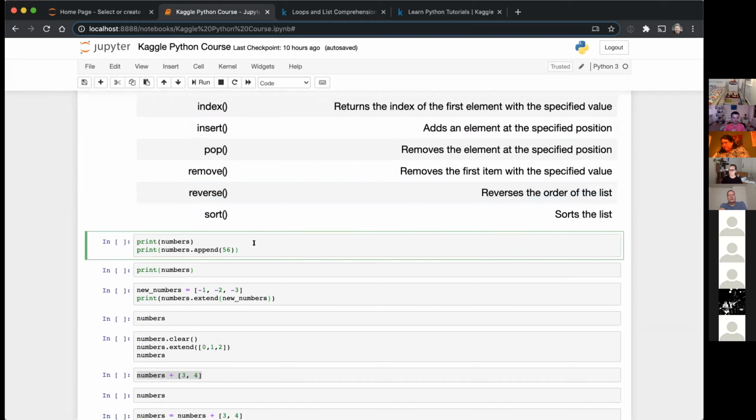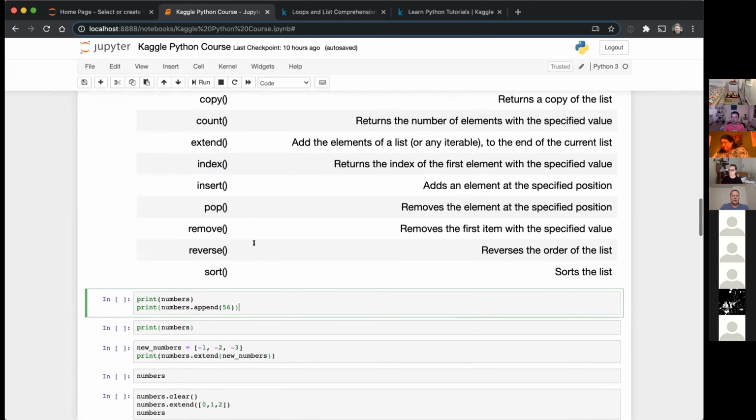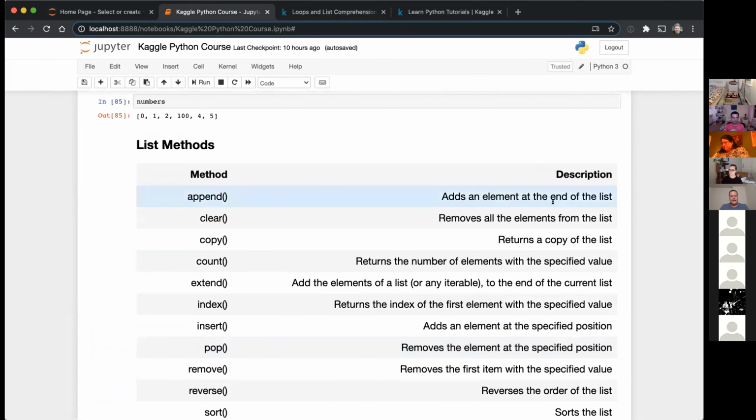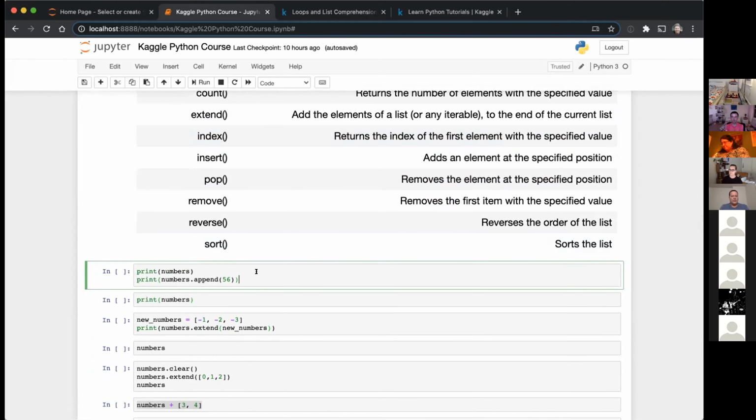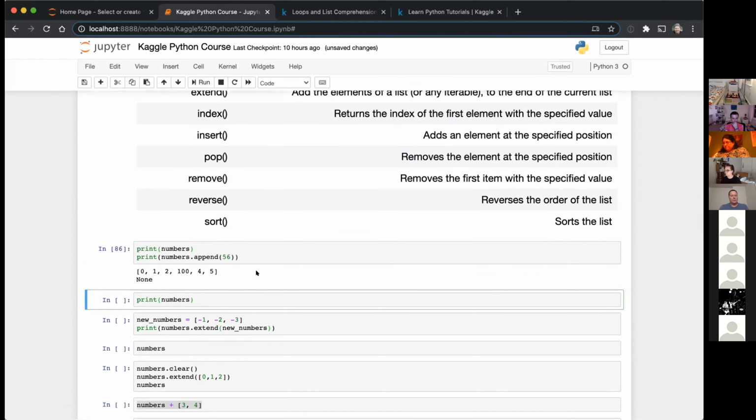So the first one I'm going to do, they went through it in the tutorial a little bit, is append. And append is a nice function that, if we read up here, adds an element to the end of our list. So anytime we want to add more values onto our list, I will tell you, we'll go through some of this in more detail. But here I'm going to print our numbers. We had, just to refresh our values we had,